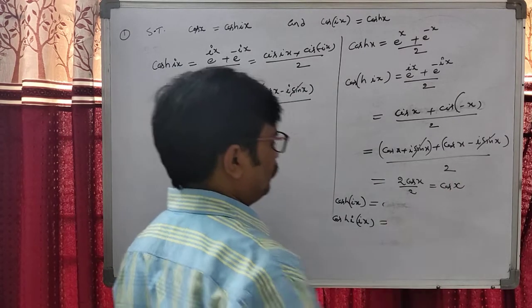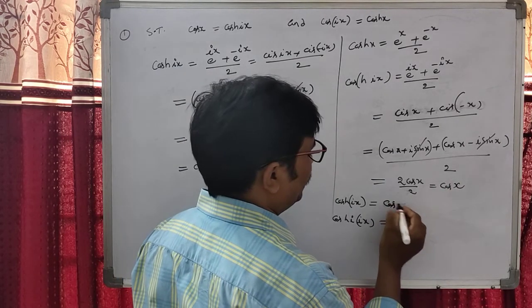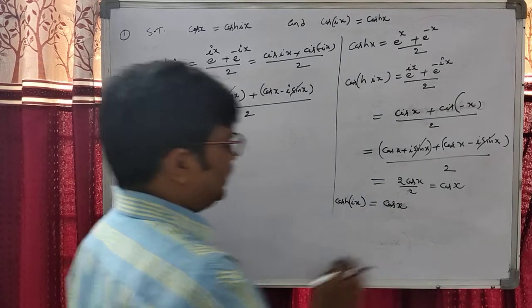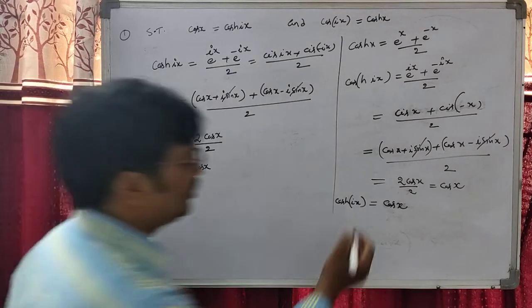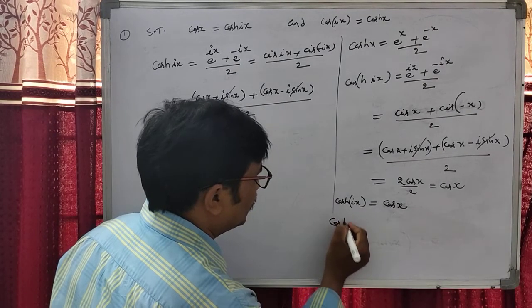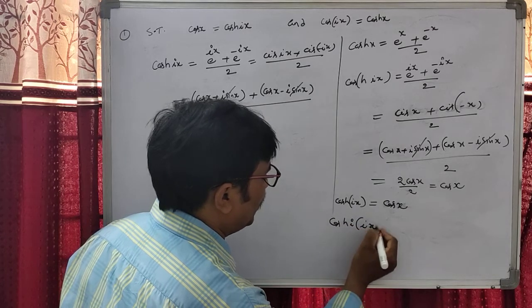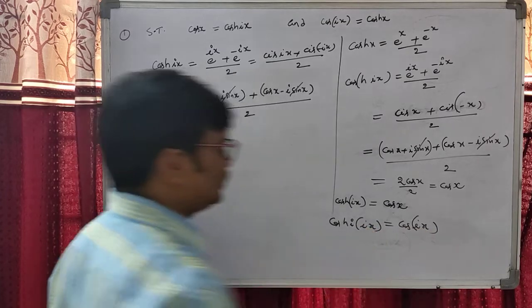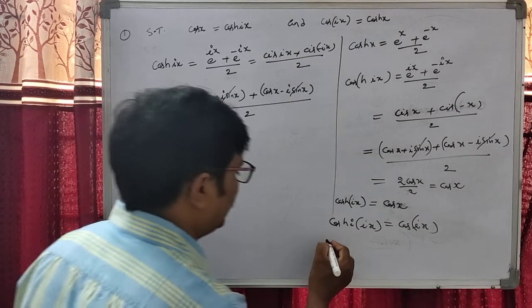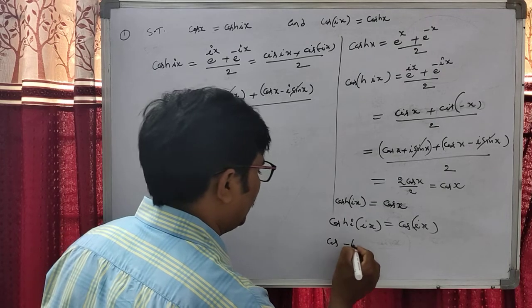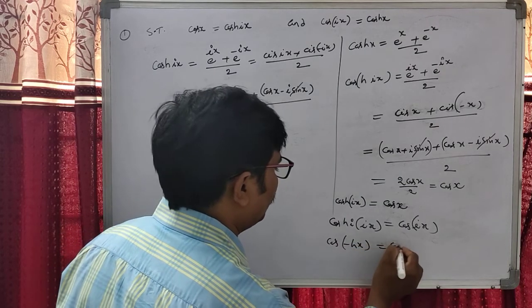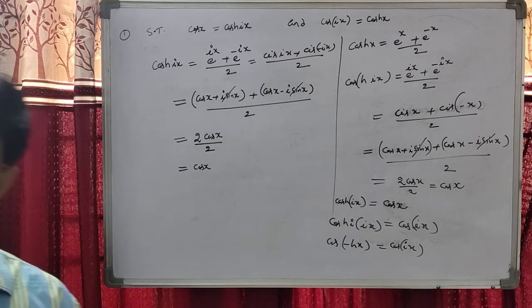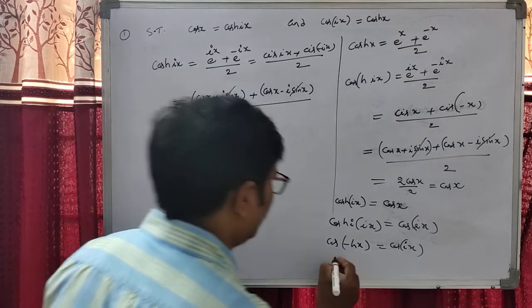My dear students, what we observed here, we got cos x. So on both sides, replace x by ix. That is cosh of i into ix. So i into i is i square, and i square is minus. That is cos of minus hx equal to cos of ix. Cos of minus theta, or cos of minus hx, is the cos of hx.